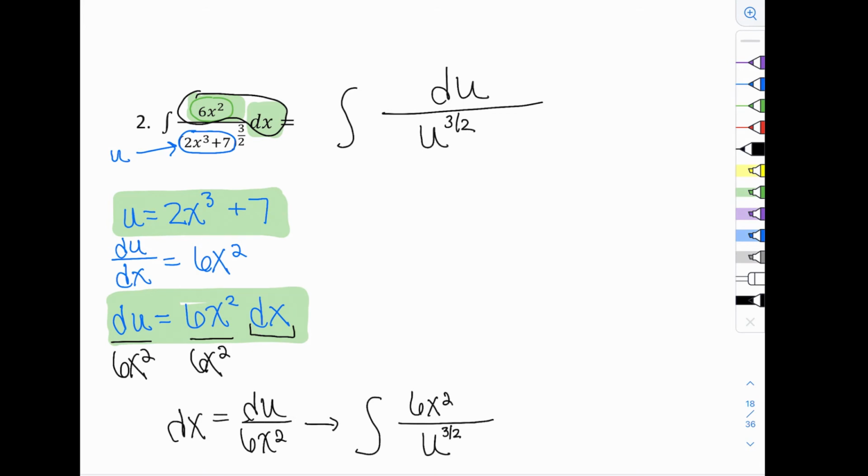But then I would just say I have now a dx. Let me go ahead and plug in what dx is. It's du over 6x squared. And if you've selected the correct u and your derivative is correct, what should happen is that if you have any x's in there, with this technique, they should all cancel out, which is actually what happens here, because we end up with 6x squared over 6x squared. So we get basically the same thing, which you could say that it's du over u to the 3 over 2,